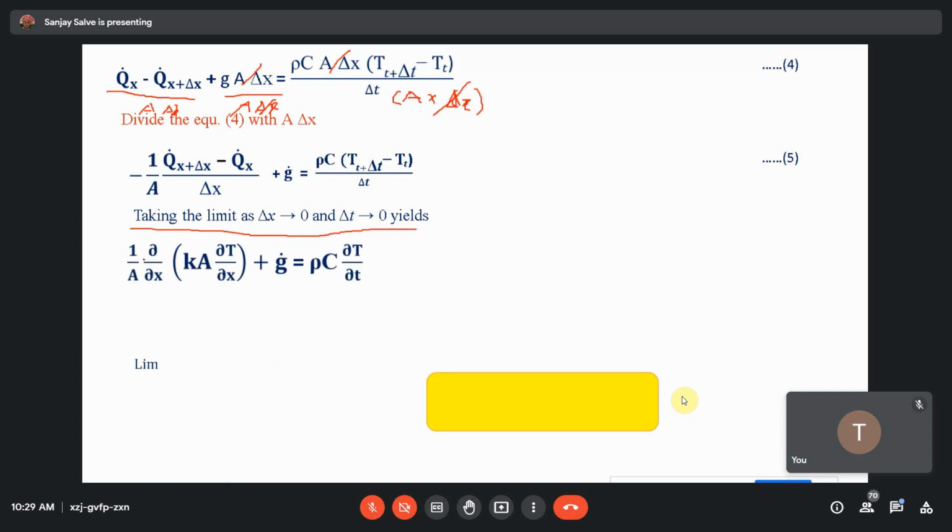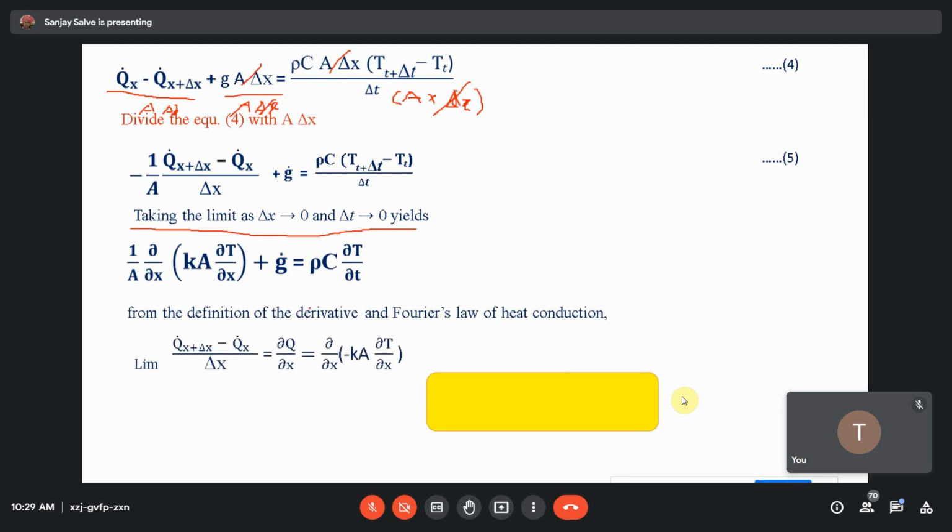1 by A, by dabba x into k dT by dx minus g rho cp dT by dx. How do you say that it happens? Any clarification for this? From the definition of derivative and Fourier's law of heat conduction, I can say that